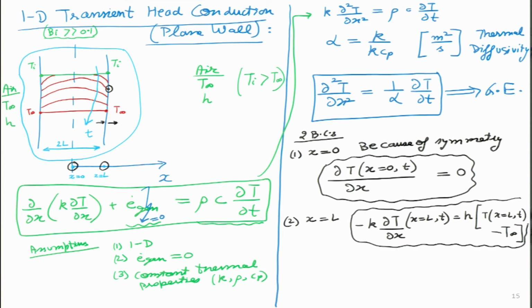So, the first boundary condition is simple. This is the mid plane symmetry boundary condition, and the second boundary condition is also very simple. It is simply that Q dot conduction at the last point is equal to Q dot convection. It is simply energy balance we are doing at the interface. I think these things we also remember from 2 or 3 lectures back, where we looked at different types of boundary conditions